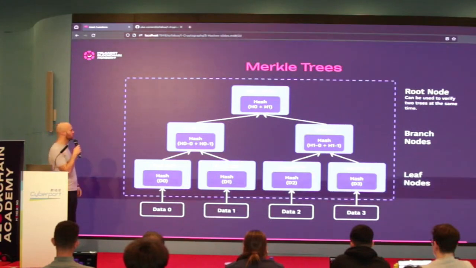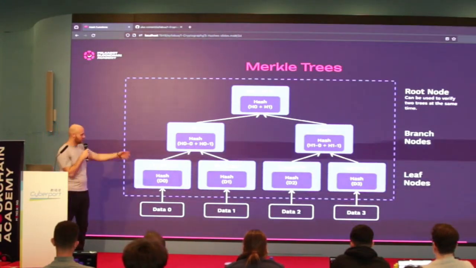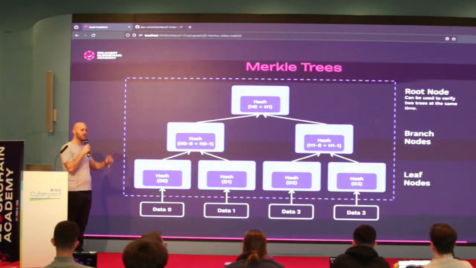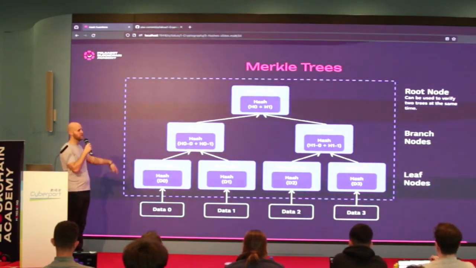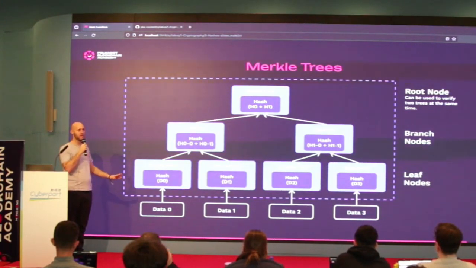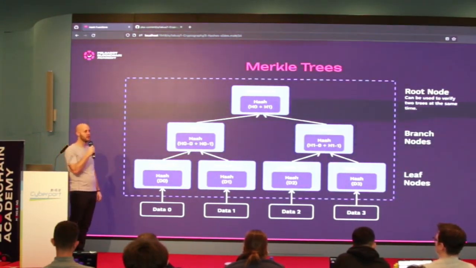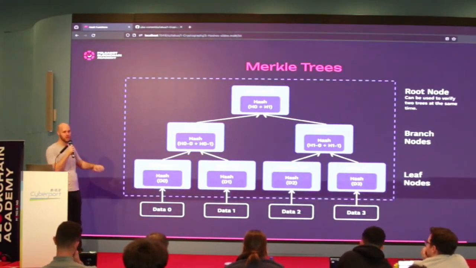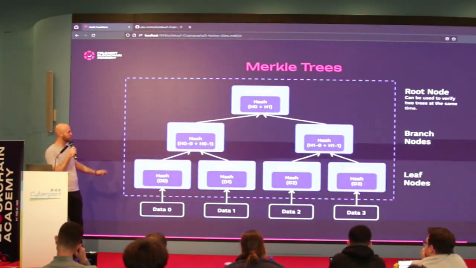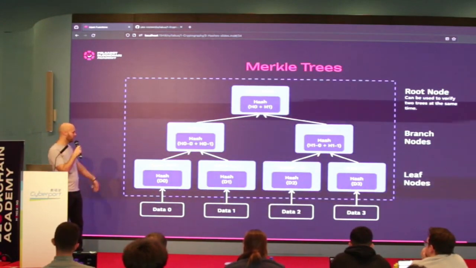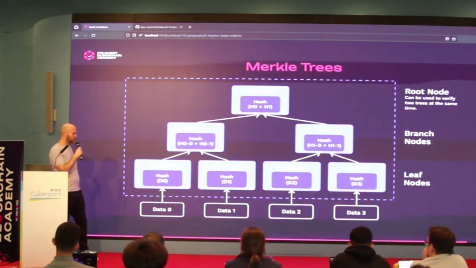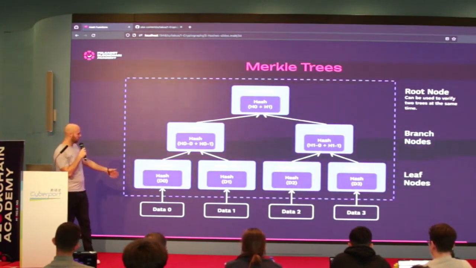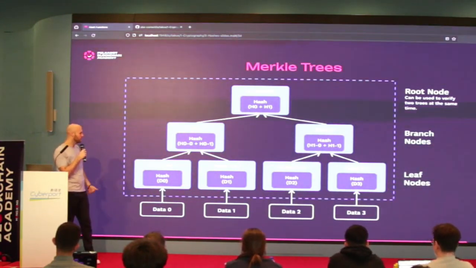So we have this structure where we have a list of data items, and we want to have a single hash represent all of the data, right? So I kind of talked about committing to like the state of a database, which this will be repeated as we get more into blockchain and substrate and later things. So we have a list of data items. We could say it's a block, we could say it's a transaction, we could say it's whatever. Data 0 through 3, or